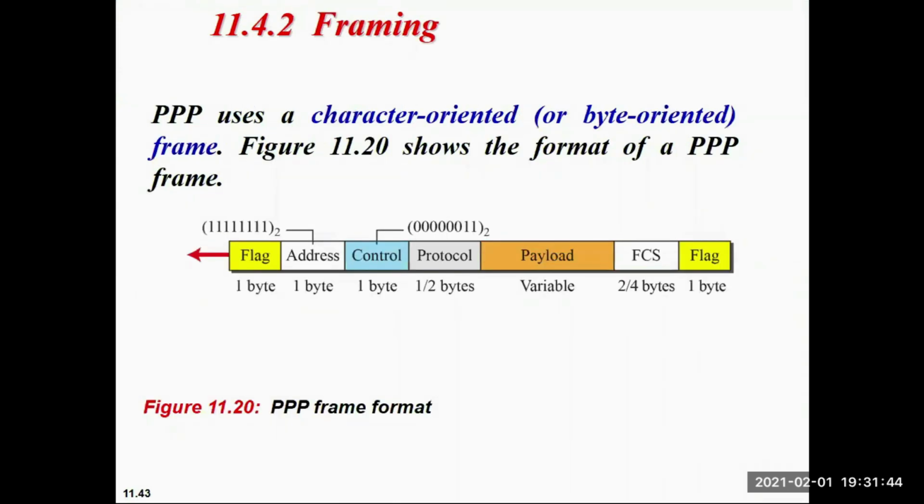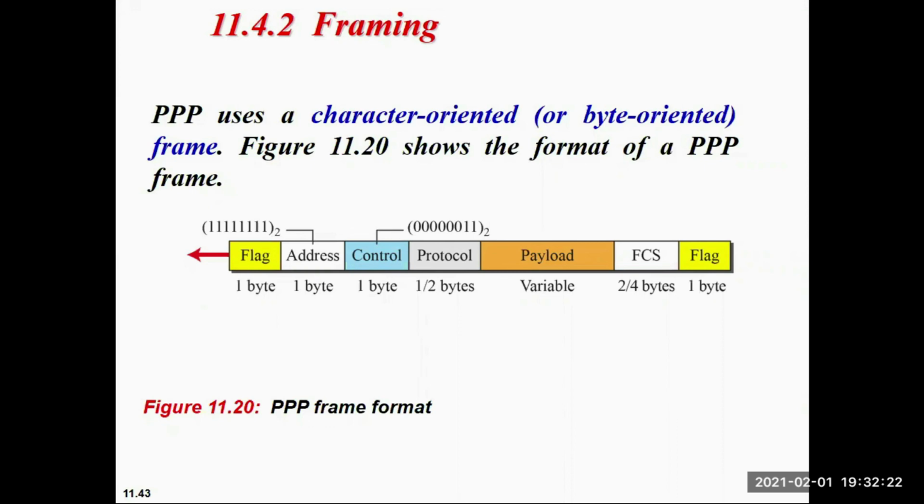PPP uses a character-oriented or byte-oriented frame. This figure shows the format of a PPP frame. So it is just like HDLC. The first one is flag, then address, then control, then protocol, then payload of variable size depending upon what packet you are receiving from the network layer, and then FCS, then flag. You already know that flag is 8 bits.